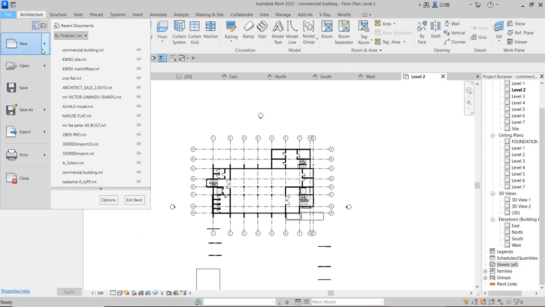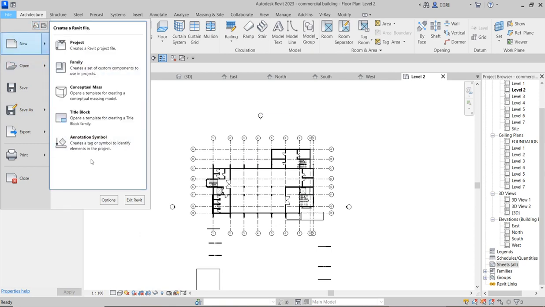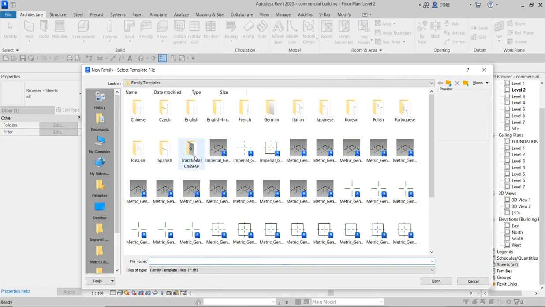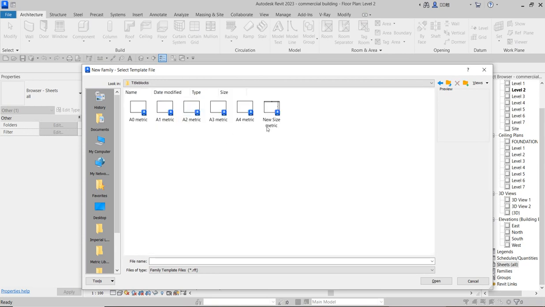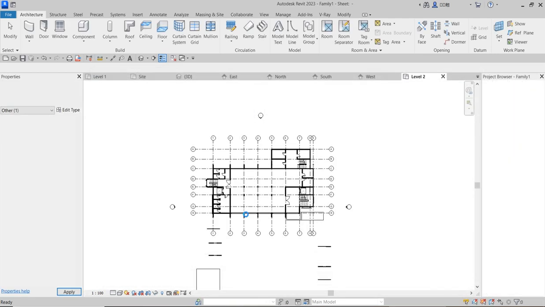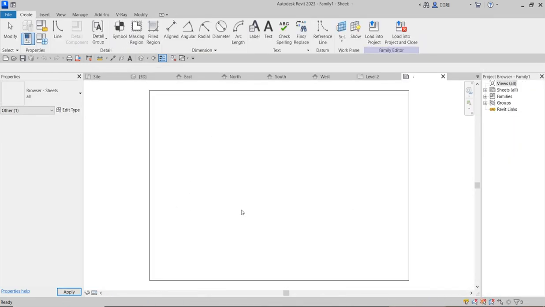So what I do is that I click on new, then say family templates. So from here I'm going to choose English. English is giving me title block. I have seen title block. I'm going to select this. So I'm choosing A3 to edit. So this one I'm going to use to edit whatever I want to do. So this will create probably for me the new. So from there now I will start doing my detailing,